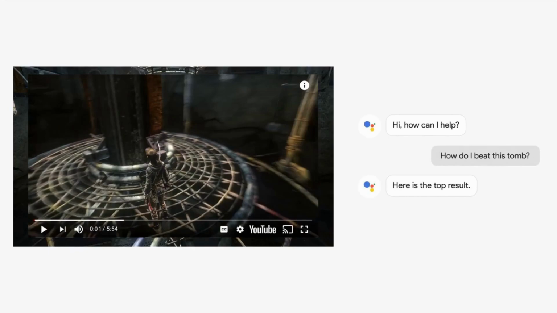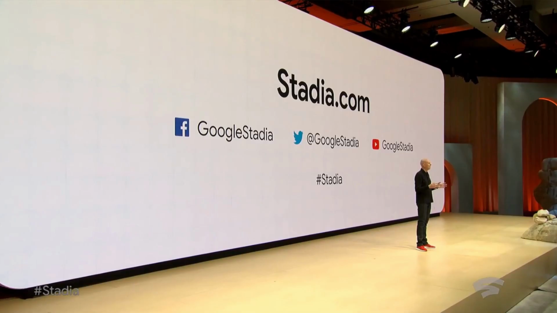But just think about that, right? How easy is it now when you get stuck on a game for you to just tell Google Assistant, hey, how do I get past this level? Or how do I beat this tomb? And it just shows you a YouTube video so you can get past it. That's pretty impressive. So the last couple of slides here I'm just going to show you are information in terms